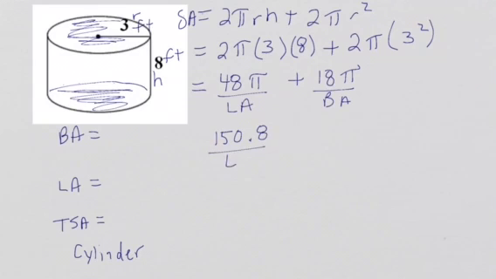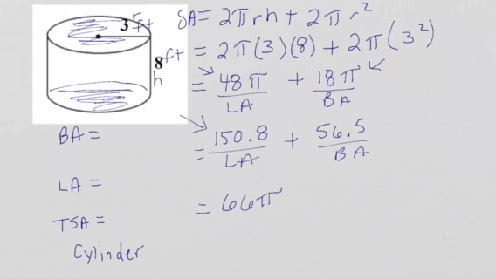When we multiply 48 times pi, we're going to get 150.8 for our lateral area. When we multiply 18 times pi, we're going to get 56.5 for our base area. When we total up our surface area, we're going to use our 48 pi and our 18 pi, which is going to give us 66 pi. And then we're going to add our 150.8 and our 56.5, and that's going to give us